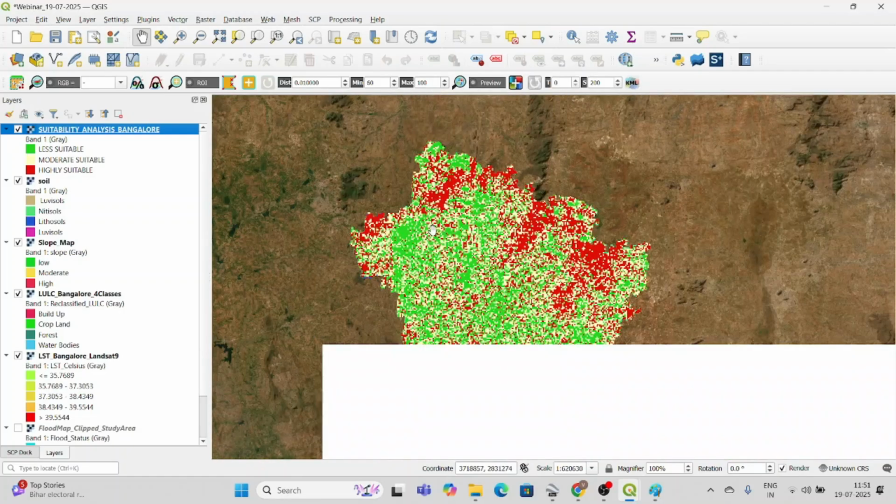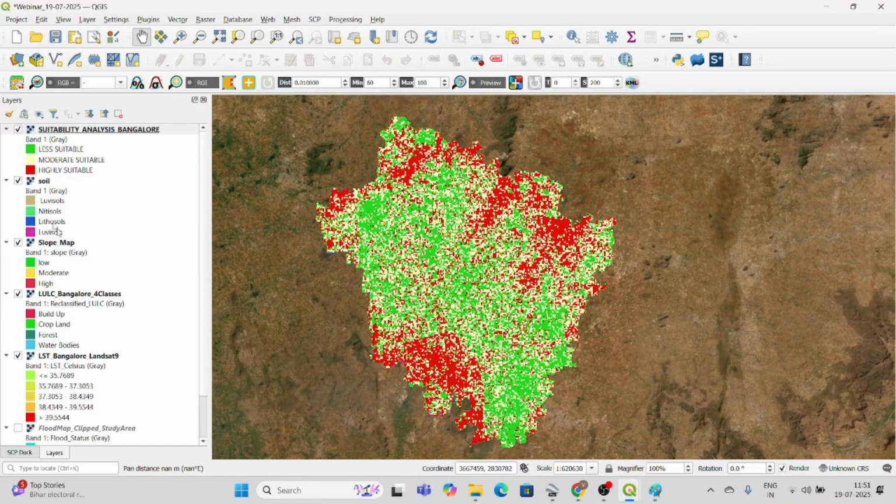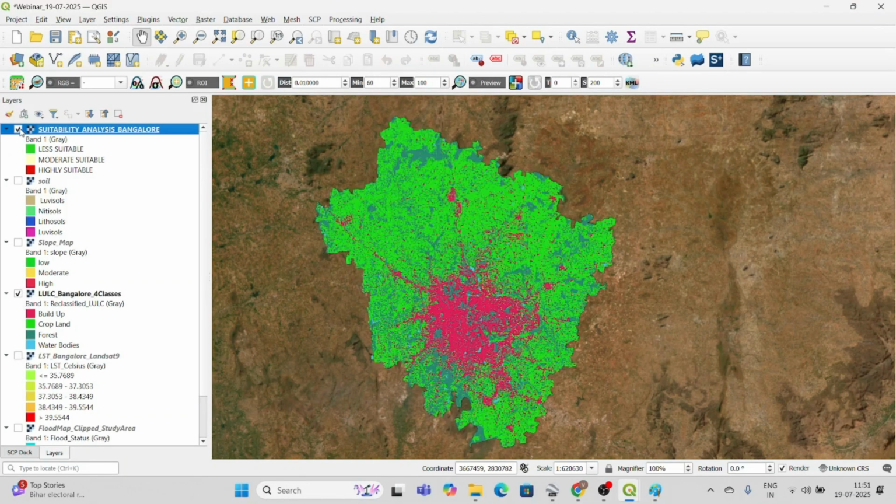It is showing me that at the borders you can go and build some buildings. Don't build in between. So it is suggesting these things. Now I will also verify with the built-up layer. You can see the areas where there are already existing built-ups. It is not telling me to build in a highly populated area. It is asking me to build in the outer part of Bangalore, so it is much easier for you. It also has less slope, so you can stay there.